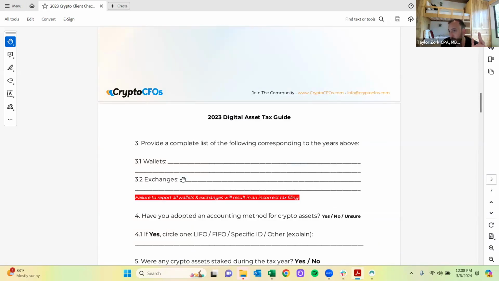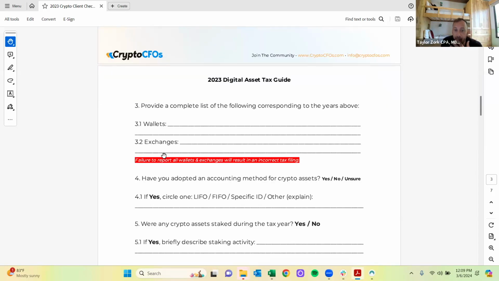And in gathering this information, there may be potential for them to have either underreported or unreported crypto assets, and that may indicate to us that they may be receiving a CP notice at some point from the IRS, right? Or we can get proactive about filing things that weren't correctly filed. So now we want to provide a complete list, for each corresponding year, of the wallets and the exchanges that